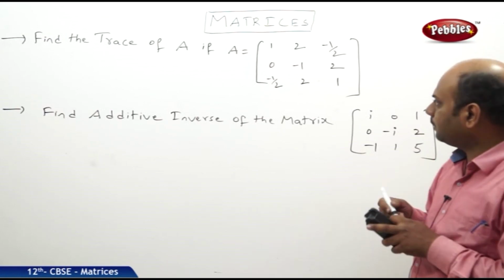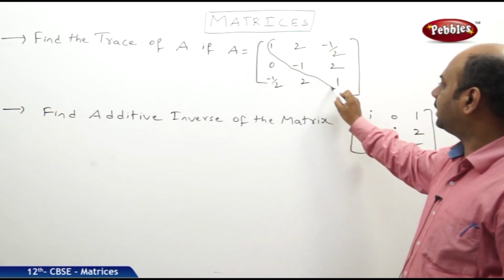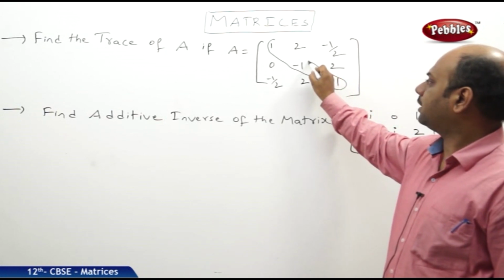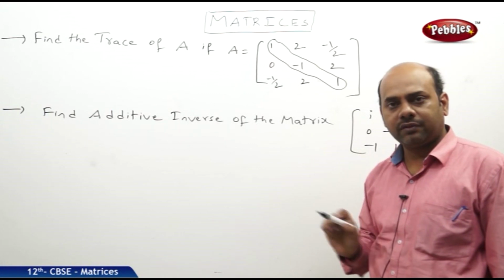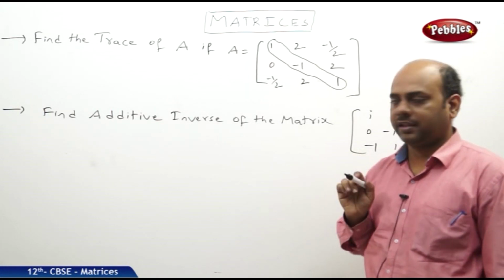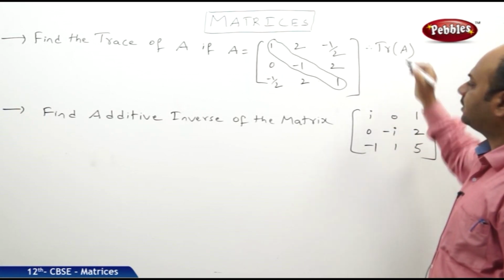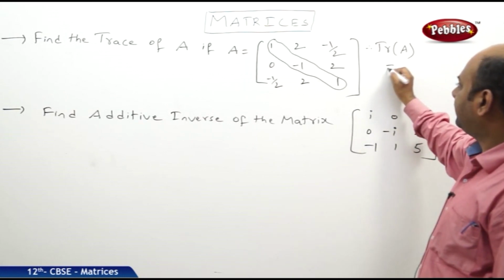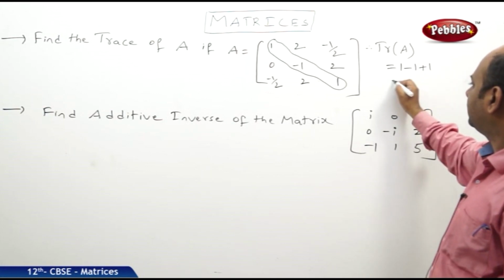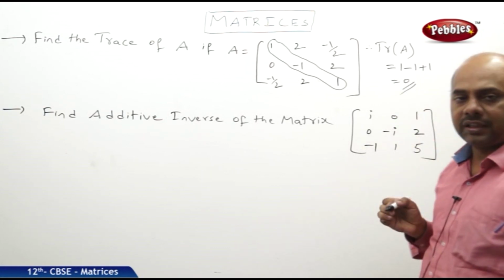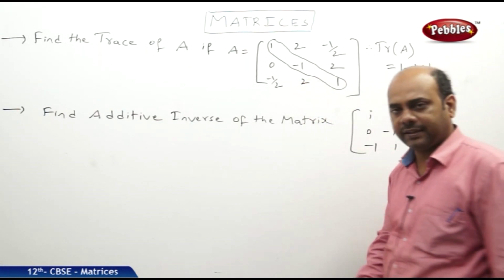Now here, coming to this particular problem, we need to identify what our principal diagonal is. Here I am drawing a loop, so this particular loop we call the principal diagonal. So addition of all principal diagonal elements is nothing but the trace of a matrix. And trace of a matrix is generally denoted as Tr of capital A. If I add all the principal diagonal elements, that means 1 minus 1 plus 1, so we will be getting 0. Therefore, the trace of the given matrix is 0, right?